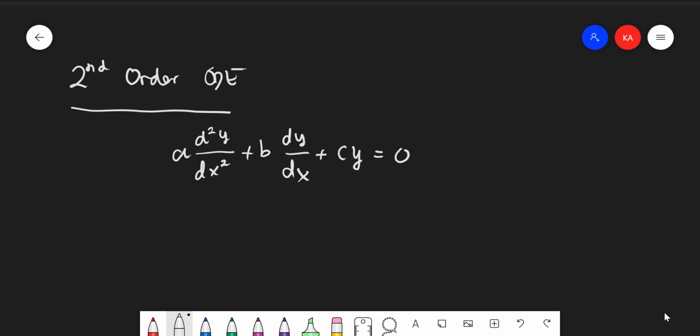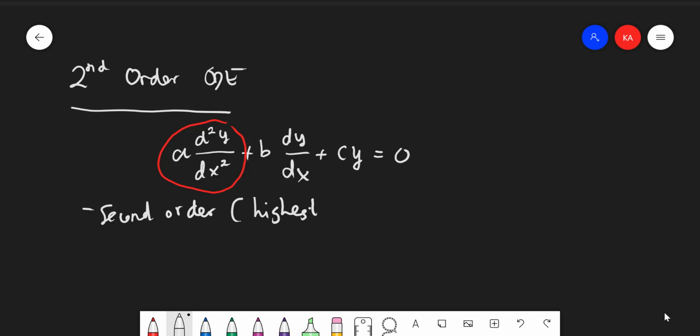The highest derivative, we can see that the highest derivative is here, is 2. So we have the second order because the highest derivative is second order. Okay,